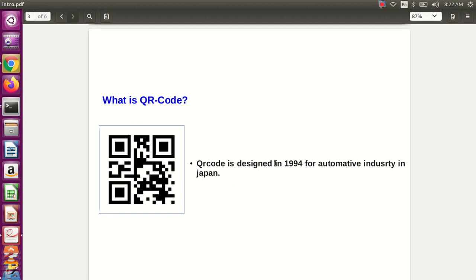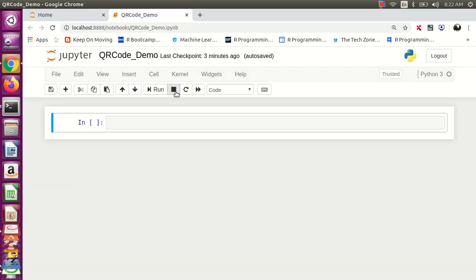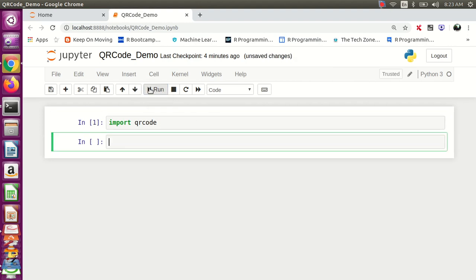Now we'll start coding part and generate QR code. So let's go to our editor. First import required library. Here we have already installed two libraries, and we need to use these libraries for this QR code generation. So import qrcode. Just click to run. Okay, no issue.